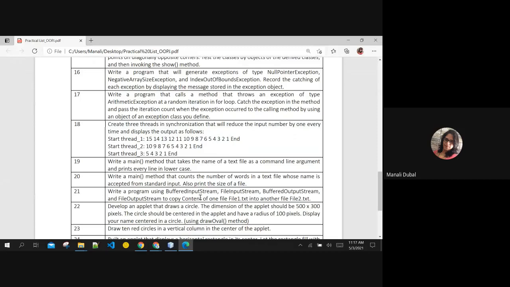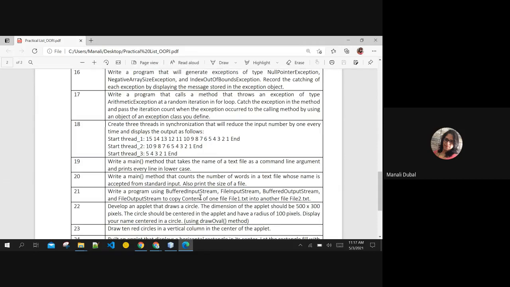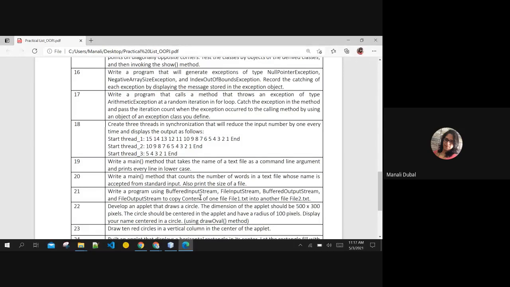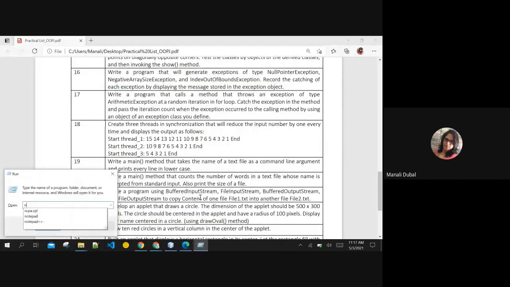Now this 18th question relates to your producer and consumer problem of thread synchronization. We remember that problem. We extended that for 2 sessions in producer and consumer. What happens is 2 threads are fighting over the same resource, so the resource has to be synchronized so that both the threads can get access to that resource. Once one of the threads has finished executing the function, only then will another thread get the control